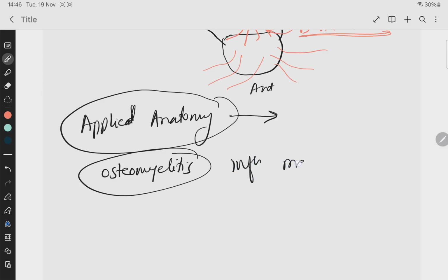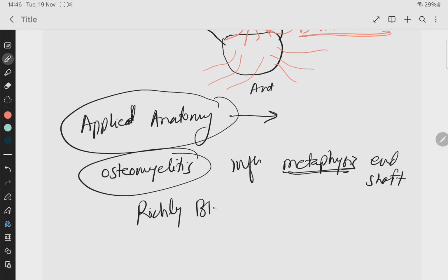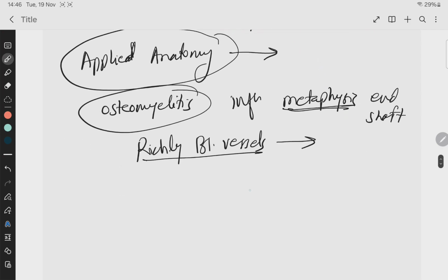typically at the metaphysis of the bone, okay, that is the end of the shaft. And why this area commonly gets infected? Because it is richly supplied by the blood vessels, that's why it commonly gets infected. Because ये जो मेटाफाइसिस है, सपोज ये मेटाफाइसियल एंड है, इसमें जो न्यूट्रेंट आर्टरी जाती है